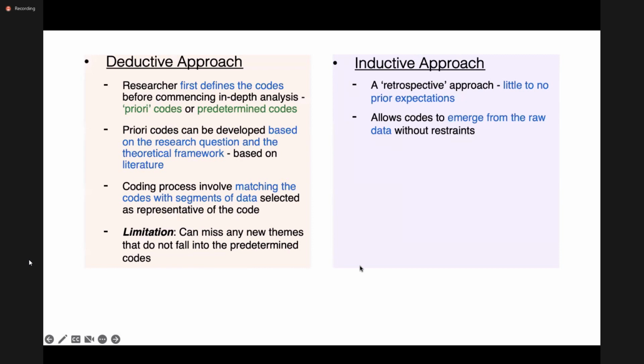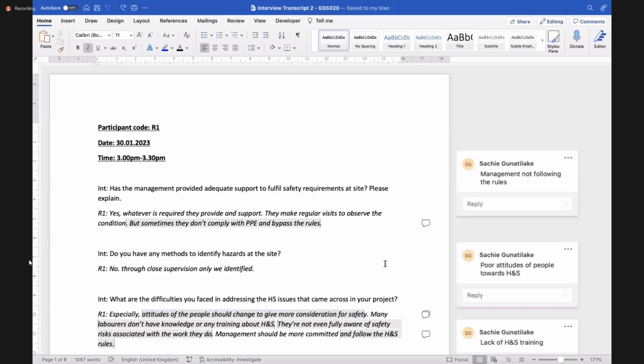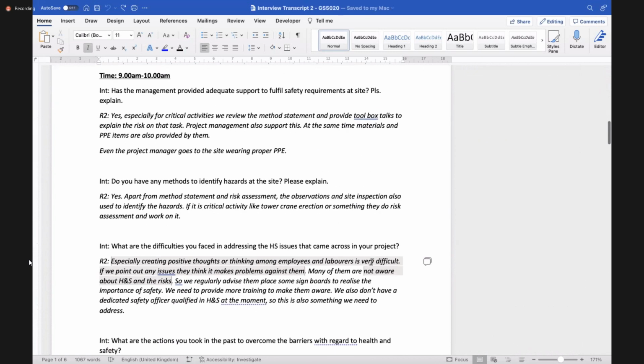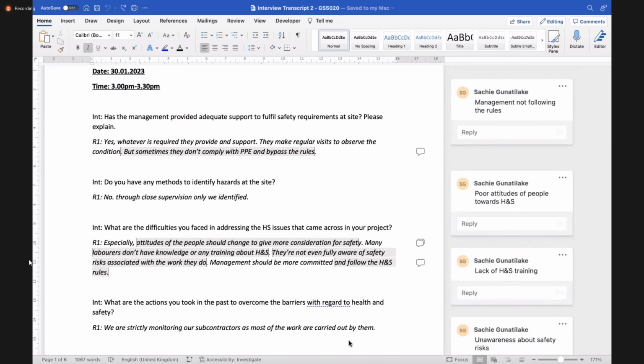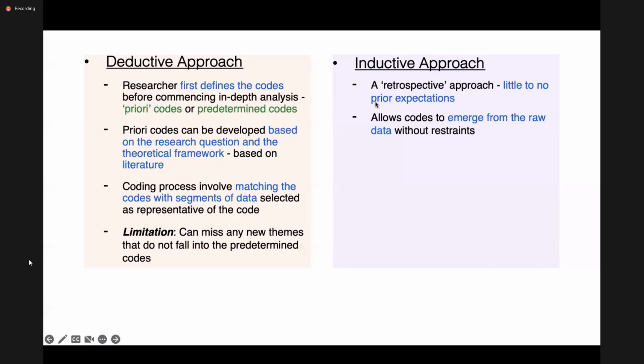Now, what we did in our example before, we went through our interview transcript, and we identified places that mention some important information that's relevant to our research question, and we assigned it a code that described what that particular segment talked about. So that's known as inductive coding.